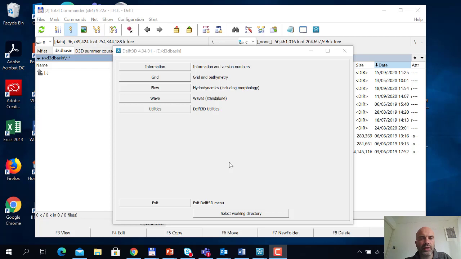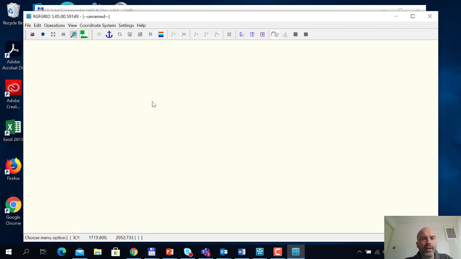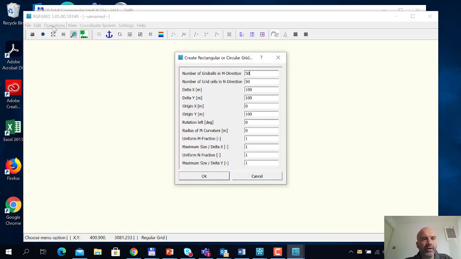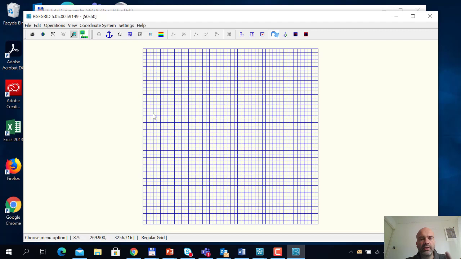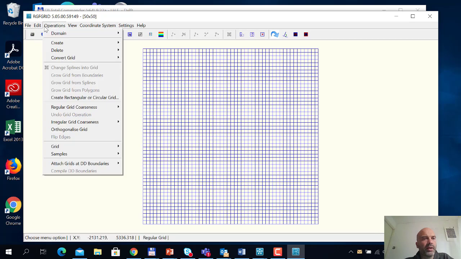Dear all, this exercise aims at generating a grid that is not purely rectangular, but can take any shape that you want, and gluing grids together. For that, we need to go to RGF Grid. And the idea is here, previously we just generated the grid by creating a rectangular grid. And what you can do is, for example, if you want to have a particular shape, here you can,